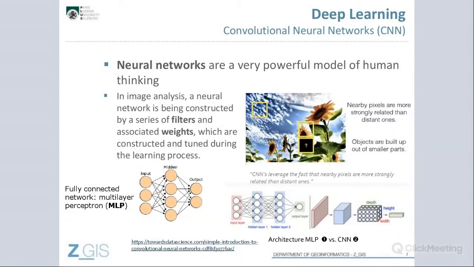So we have this input layer, and then we have a series of hidden layers that are constructed around convolution layers, specific filters that are applied here, and then we have an output layer where we reconstruct basically the scene and the output. So this is an advanced way of image classification. Again, what is image classification? In general, this has not been changed over the last 50 years. Conversion of input, which is the reflectance, which is an array of pixels, an image, and into an output.